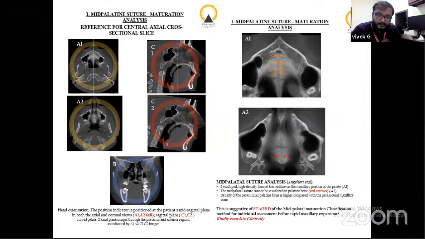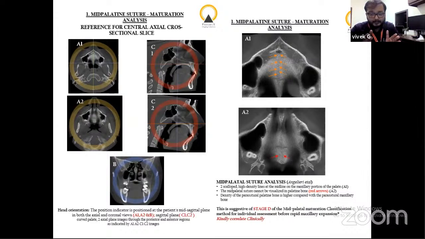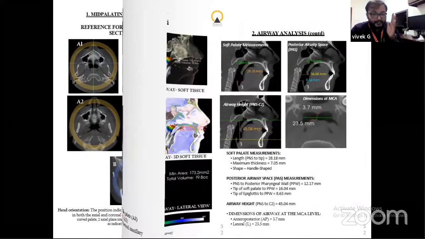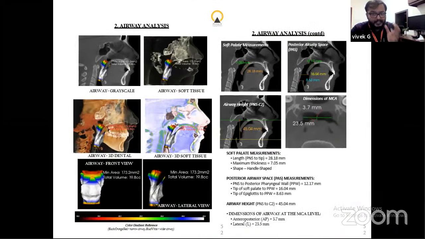You can go in for mid-palatine suture maturation analysis. This is helpful in rapid maxillary expansion for adolescents. And then you can go in for a very detailed airway analysis. This can be used before and after your orthognathic surgery. If your airway is compromised after your BSSO, where your mandible is pushed back, you get so many parameters through which you can